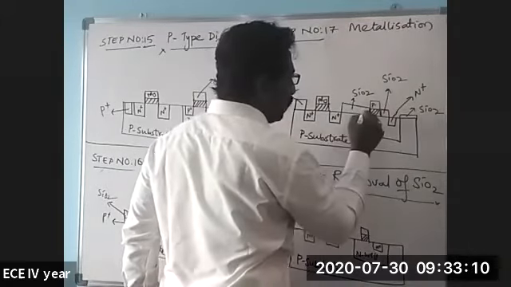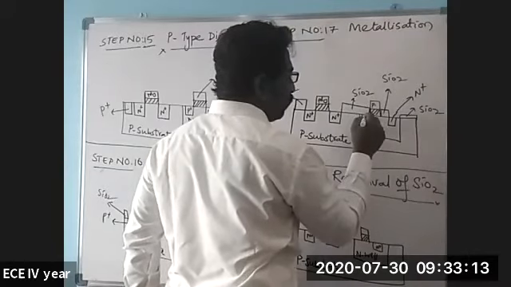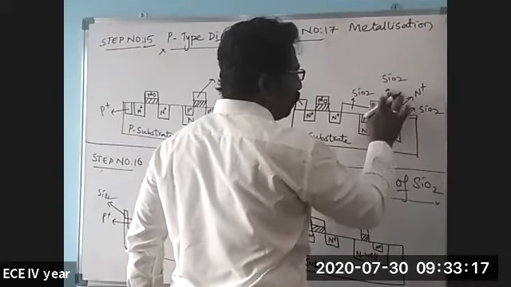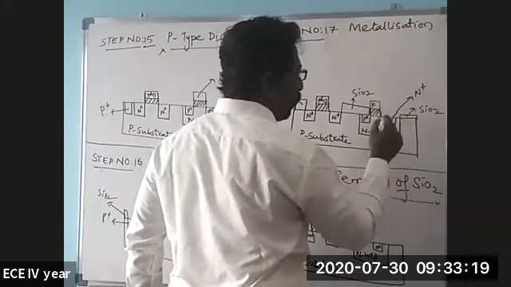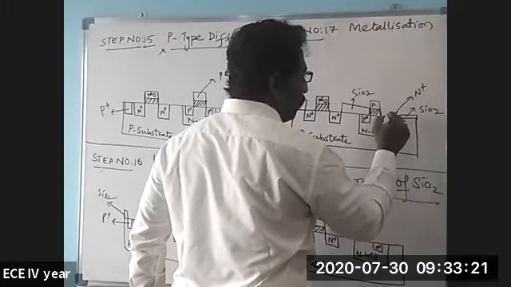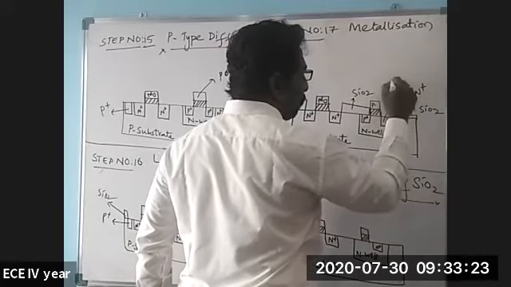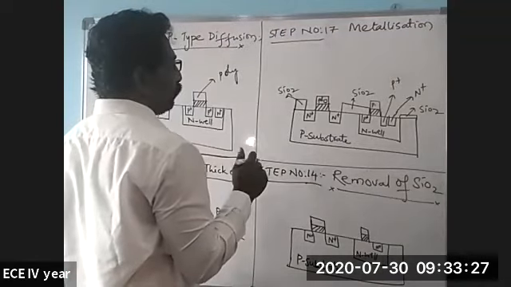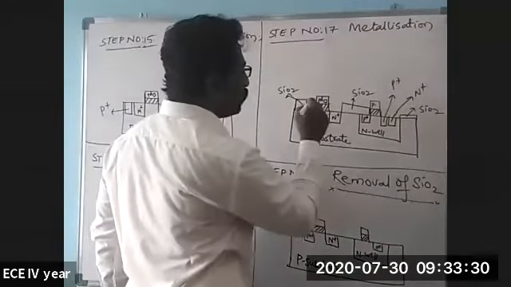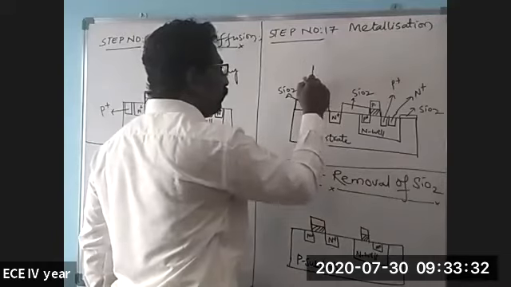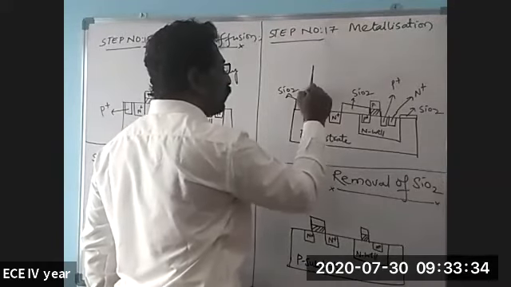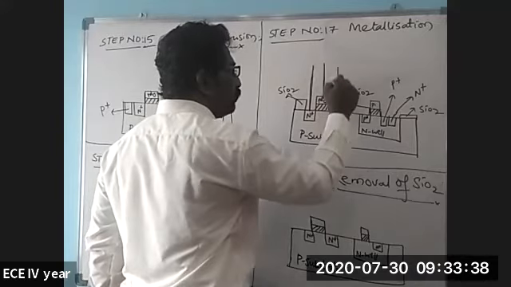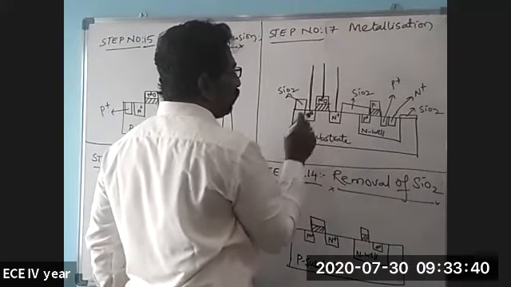Now, in the metallization process, here there is one P plus, and this will not be there now. So here one P plus. So afterwards, the entire surface will be laid off. If I lay this on the entire surface, it will be laid off, and then etching will be done.